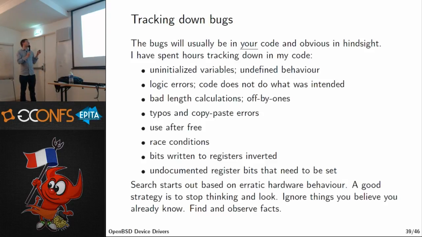So most of these are pretty simple C coding bugs that also happen in user space, right? So you have uninitialized variables quite a lot. You have simply wrong code that does the wrong thing instead of what was intended, off by one, and math errors in the calculations and so on. Use after free are really hard to track down sometimes. Race conditions are difficult, but you also have all of these in every program.